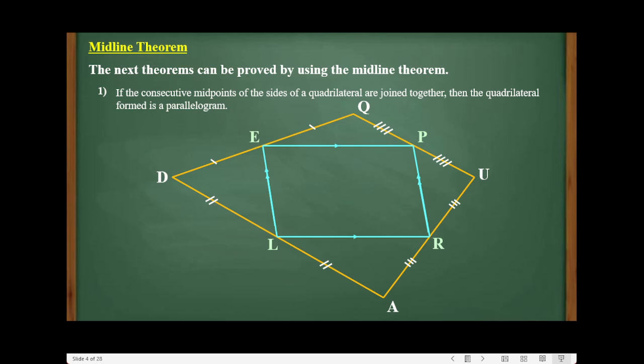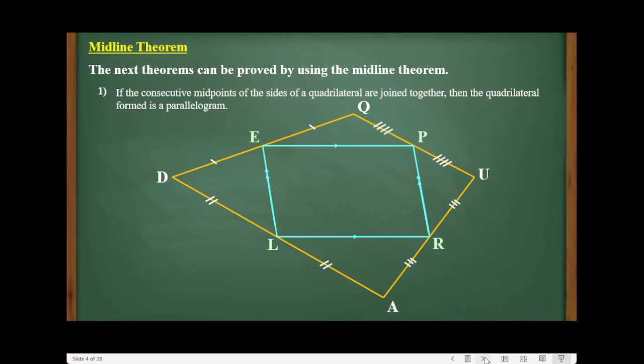Again, if we consider a quadrilateral with no pair of opposite sides that are parallel, now if we are going to join those midpoints by segments, particularly the four segments formed a quadrilateral which is a parallelogram. Ito ang ibig sabihin nitong theorem na to. Okay? Yan. Next,